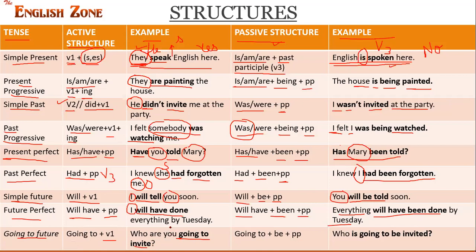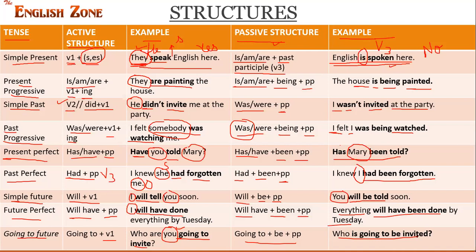Right. So who is going to invite? कौन invite करने वाला है? We know. Going to plus be plus past participle. Who is going to be invited? किसको invite किया जा रहा है? But कौन invite करने लगा उनको वो नहीं पता।